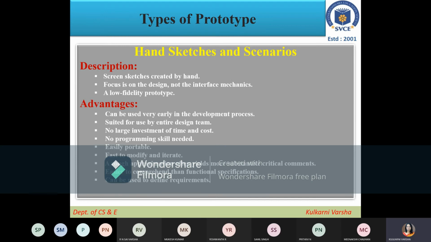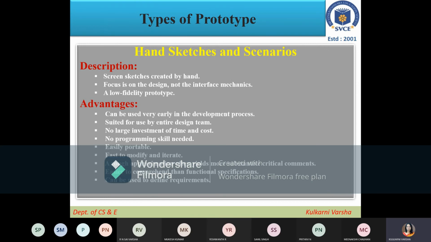You will see what will happen if this doesn't work, then you will go for some other decision, right? So even though it is a rough approximation, it will give you good critical comments. It is also easier to comprehend than the functional specification.